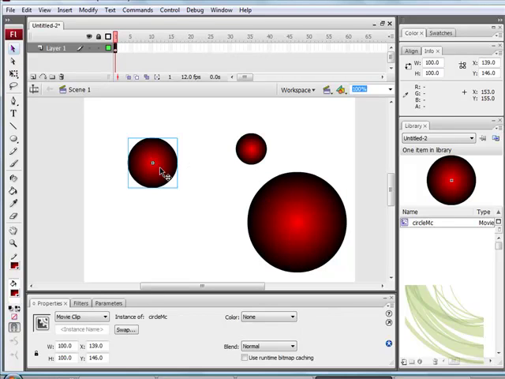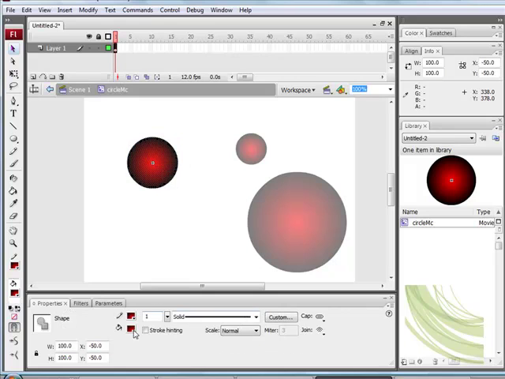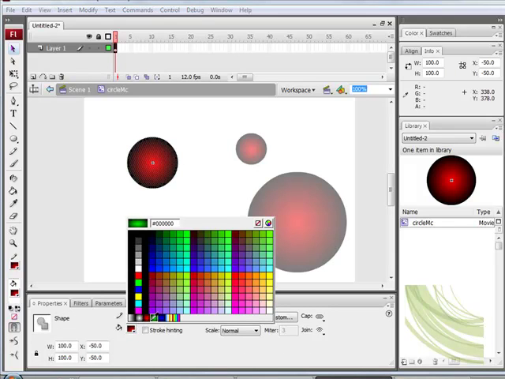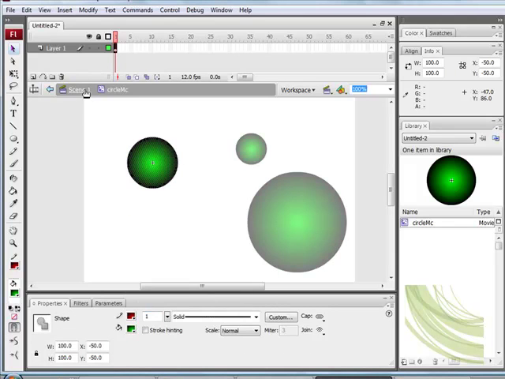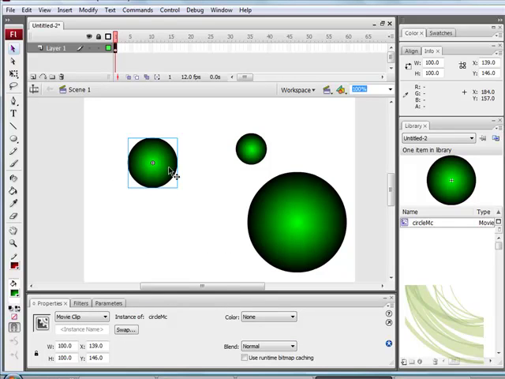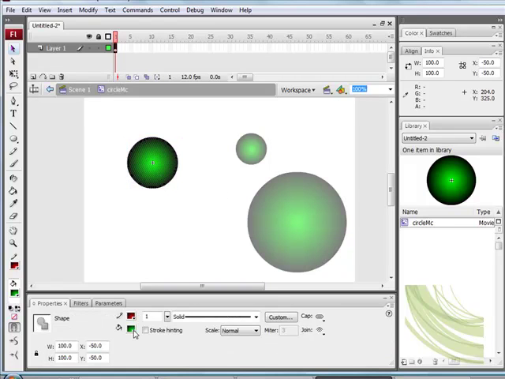Now if I change one of these colors, so I'm just going to change that, and you'll see that it's changed the rest. That is because this circle MC is a movie clip instance of these other 2, so they're actually linked together. We can change them independently, so I'm just going to go back and change that so they're all red,